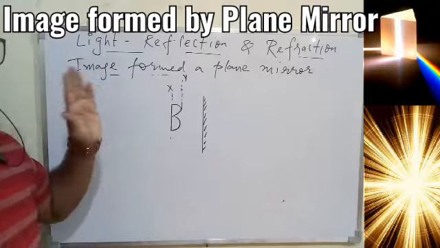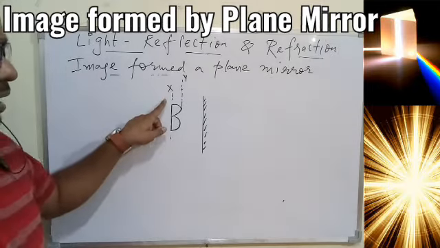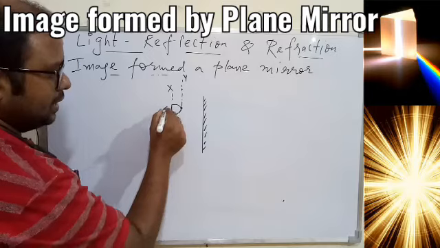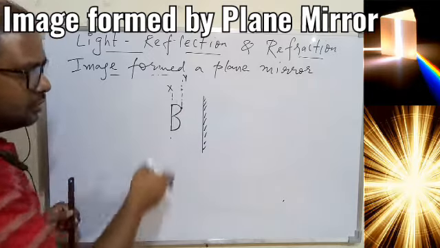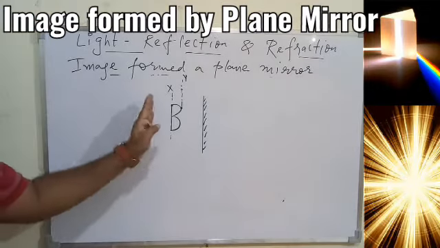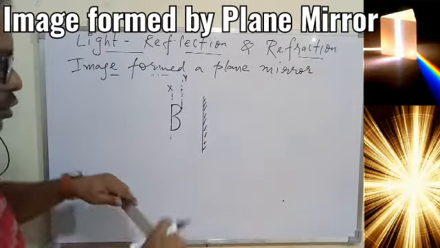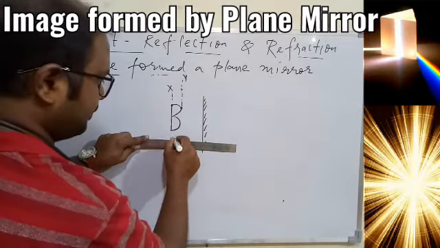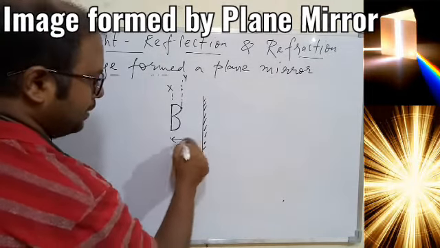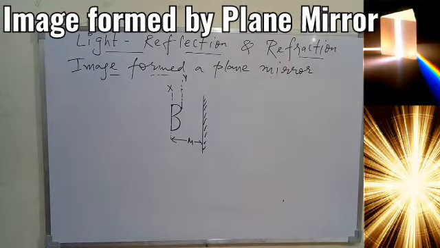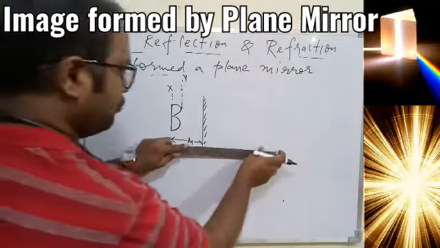So I'm just trying to see if X is here, Y is here. So Y is nothing but this particular point, X is nothing but this particular point or the entire line. Okay, so for the X, where will be the image? Image will be at the same distance. So if I take this one as M, the distance is M from the mirror, then at the same distance from the mirror the image should be formed.